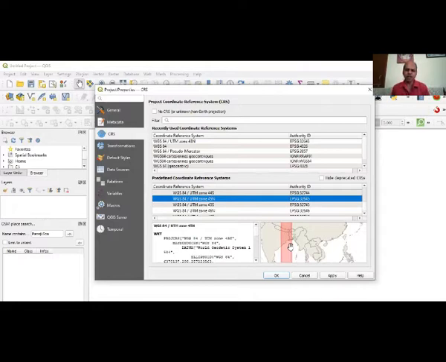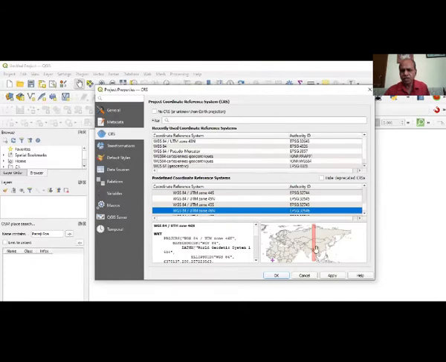It covers parts of Bihar, West Bengal, parts of Orissa, even Nepal, then Sikkim and all those. And when I go for 46 north, that is WGS84 UTM zone 46 north, it will further go to the east, which covers parts of Assam, then Arunachal Pradesh, Nagaland, Mizoram, Manipur, and all other eastern states, except a little part of Arunachal Pradesh.